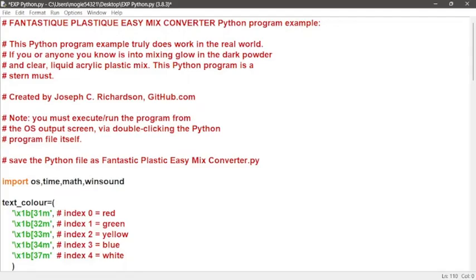Fantastic Plastic, Easy Mix Converter Python Program Example. This Python program example truly does work in the real world. If you or anyone you know is into mixing glow-in-the-dark powder and clear, liquid acrylic plastic mix, this Python program